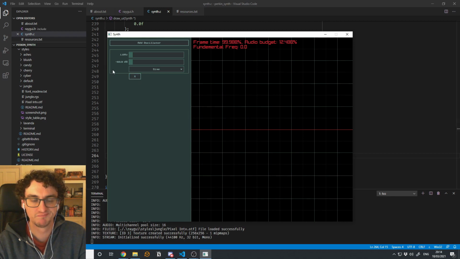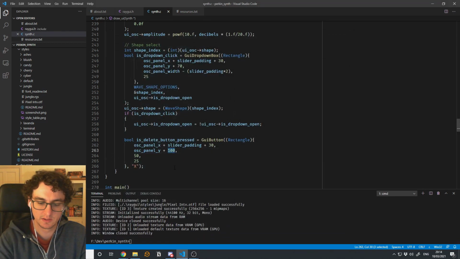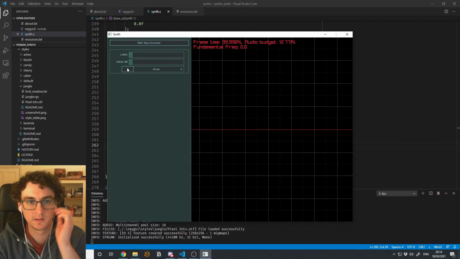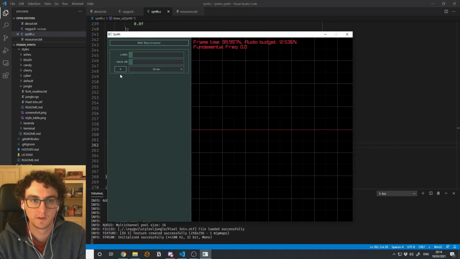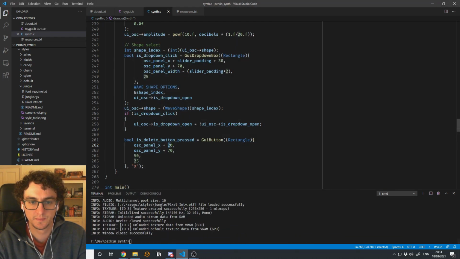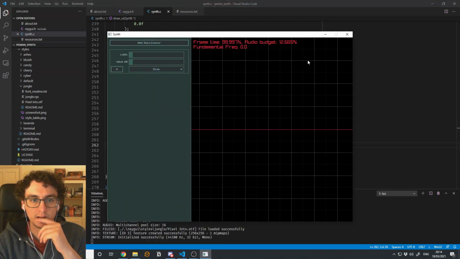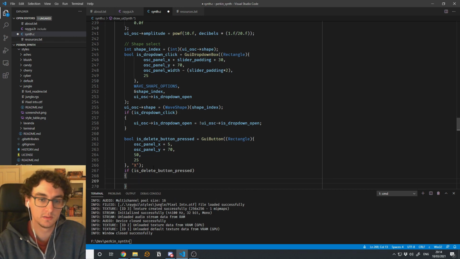Could be here. In which case I'd put it at 70, and then I'll just do, see how this looks. Nope. Bit more. There we go. So then we say is delete button pressed, and if it is, we then need to remove